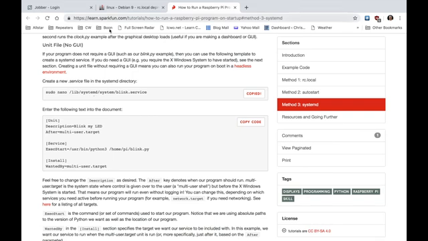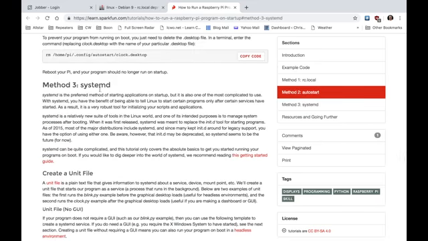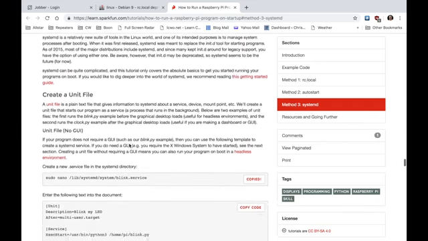So anyway, it's over at SparkFun, and this is method 3, systemd, on their page here. Depends on what version of software you have, but this works with Debian 9. I've already tried it, so I'm going to put this on my old server just to show you how it works. So anyway,